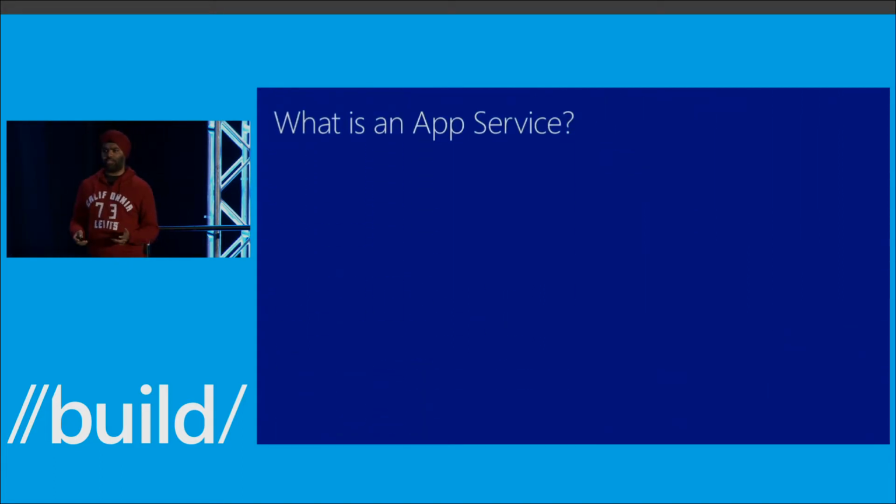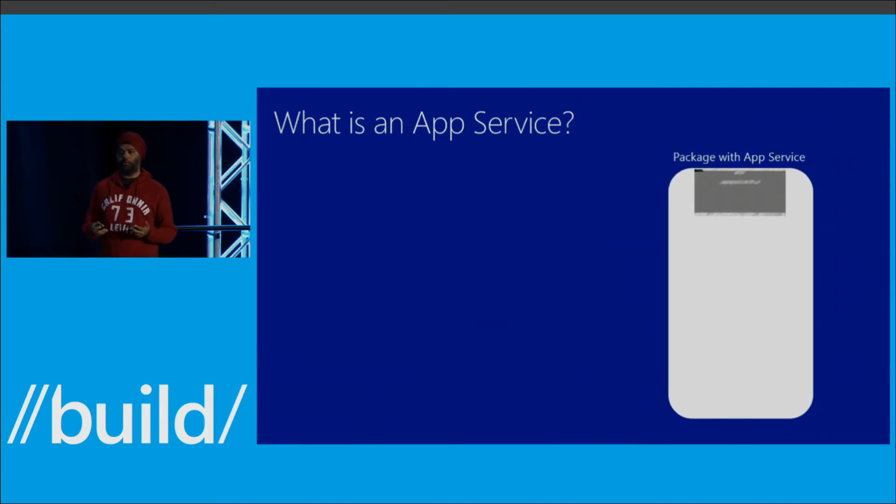So how does an app service work? Well, if you've written code for the modern Windows platform before, you probably know the way to execute code without showing UI falls under the general umbrella of what we call background tasks. So an app with an app service is nothing but a package with a bunch of background tasks, right? And all you do is you say, this background task over here is actually an app service. You put some stuff in the manifest and you say, this one over here is an app service. The name of that app service is foo. And the other guy says, OK, I need to access foo. And that's how they get talking.